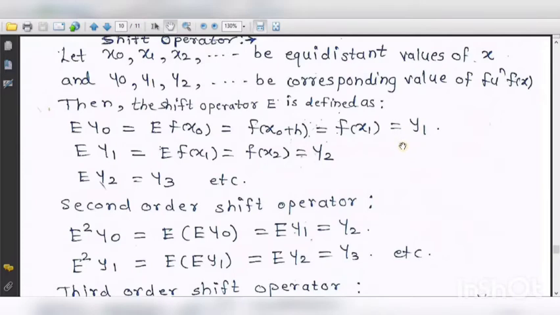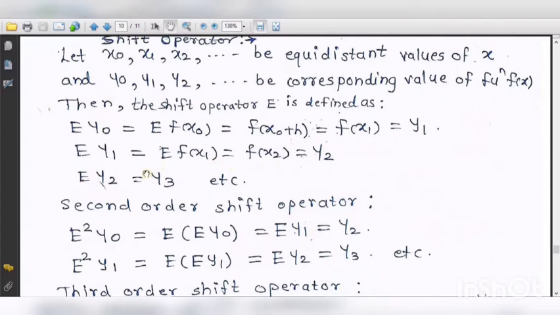When we consider the powers, not actually the powers, here the repetition of this shift operator E, we have seen that in the case of delta, delta square, delta cube, delta raised to 4, delta raised to 5, we have obtained, that is not the powers, that is actually we are applying it repeatedly. So the same here, we can also obtain the repetition of this shift operator. So this is the first order shift operator. If we apply it on y1, what is the next value of y1? Which is y2.